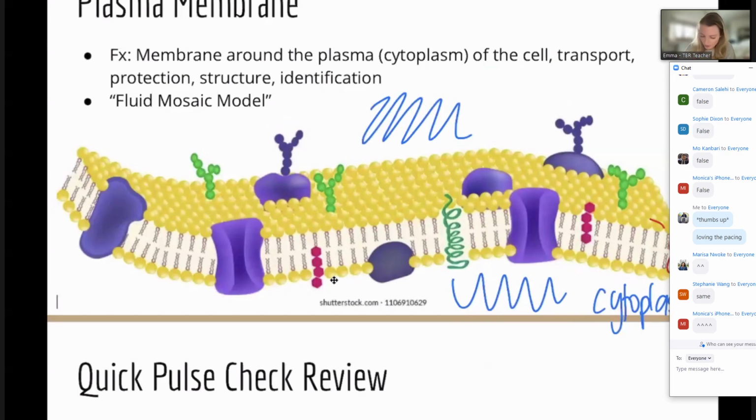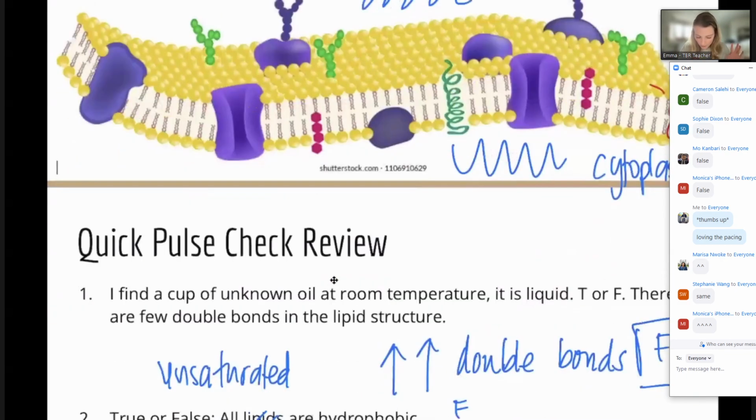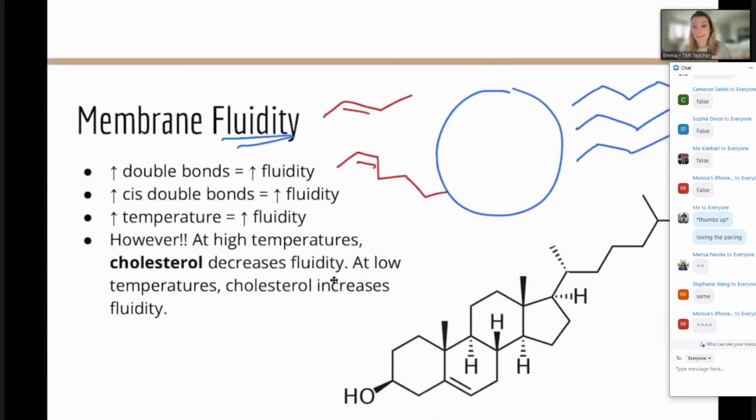And this is going to be particularly helpful when we have these other friends or players in the game, different proteins and different things going on. So it's important to remember that double bonds, basically unsaturated fatty acids, are going to increase our fluidity, especially, which makes sense, cis double bonds, as I drew here.